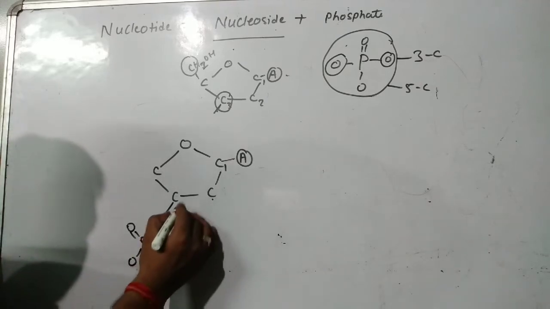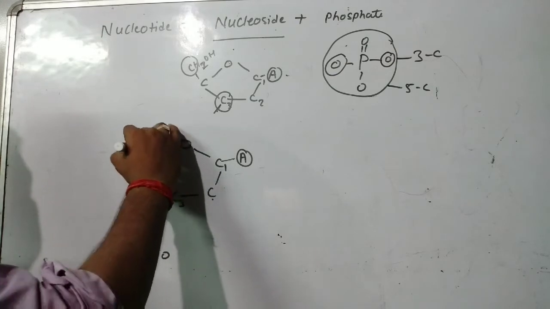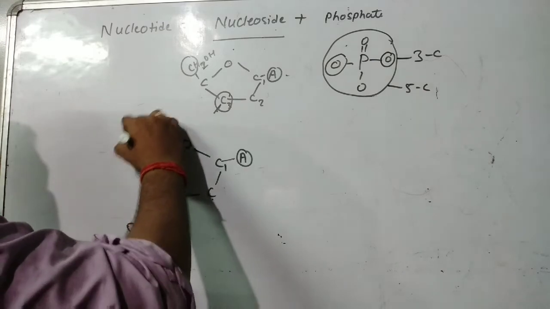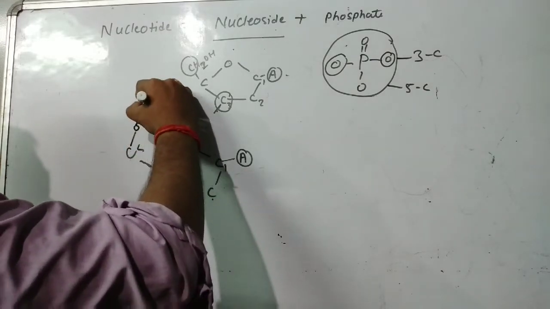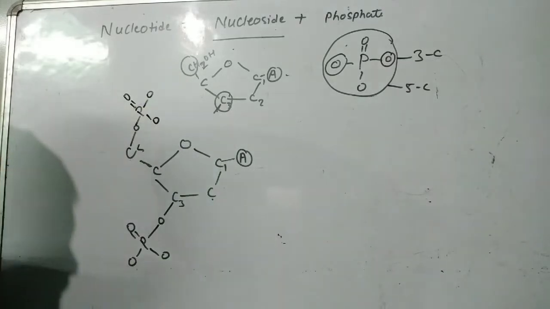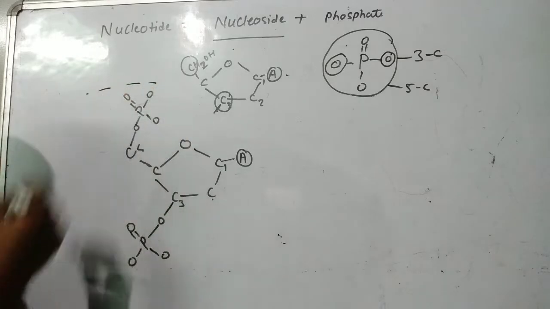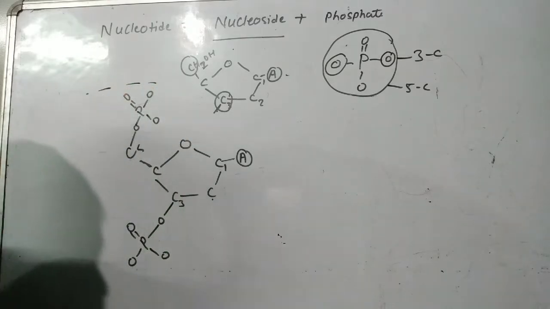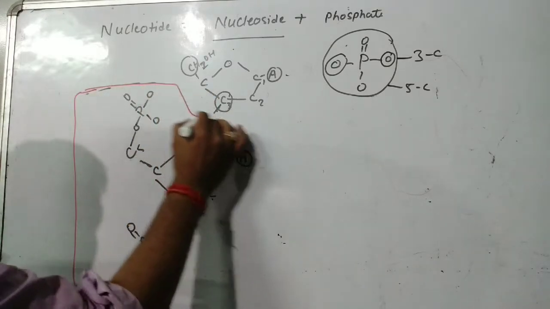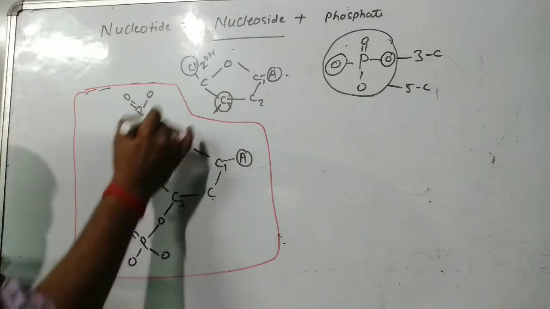This way it is going to attach. Suppose that it has attached to the fifth carbon atom. This is our fifth carbon atom. So again it is going to attach with the fifth carbon atom like this one. The attachment will be like this. So this whole structure, you can see right now with single phosphate actually.